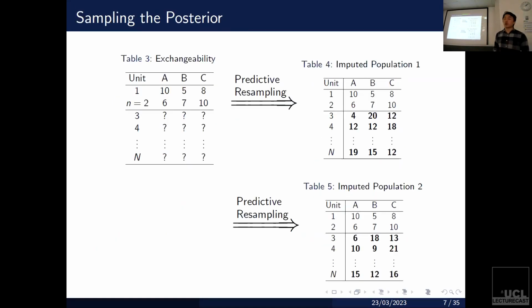What we're going to do is that now that we've seen two observations, we assume the data is IID, so we can rearrange, and we're going to call y1 to 2 the data points we've seen. I'm going to describe shortly something called predictive resampling, which is this kind of Bayesian bootstrap-like interpretation. And we're actually going to repeatedly impute y3 to capital N. Each time you impute this table, you get a pseudo population from which you can compute any estimand you want, like any function of A and B, essentially just taking the columns. That's going to give you a parameter estimand. And every time you impute this population, you're going to get a different parameter, and the distribution over these random parameters computed from the population will be precisely your posterior distribution.